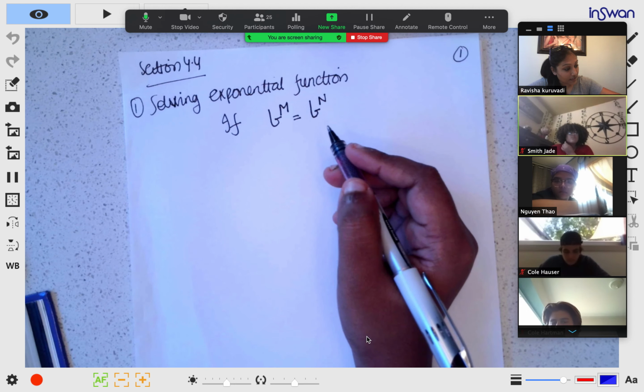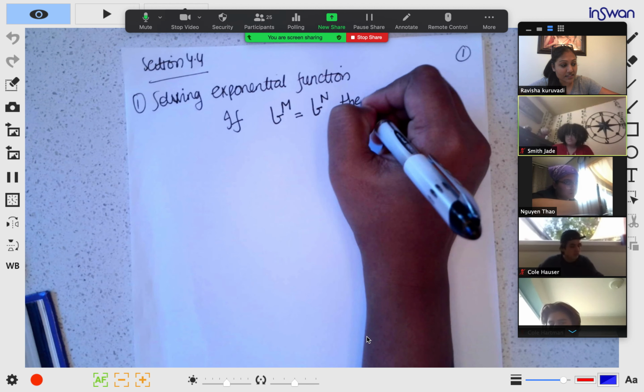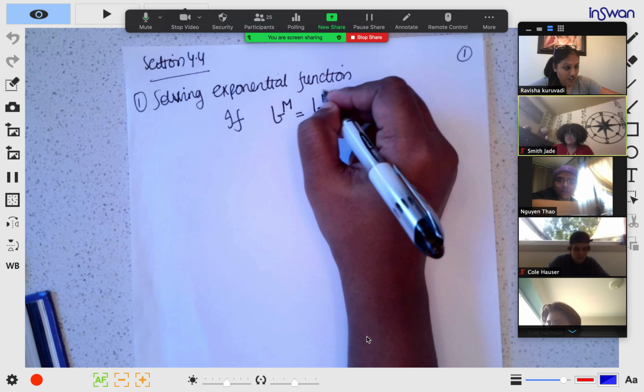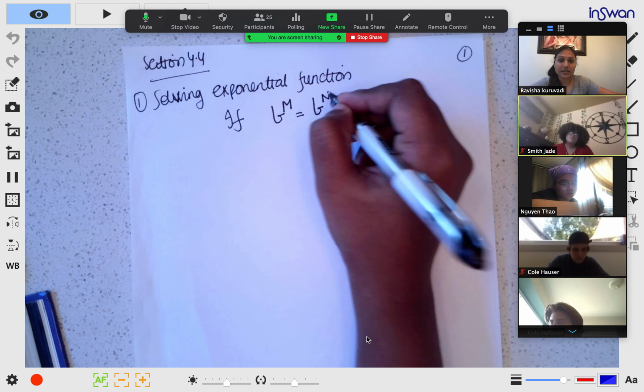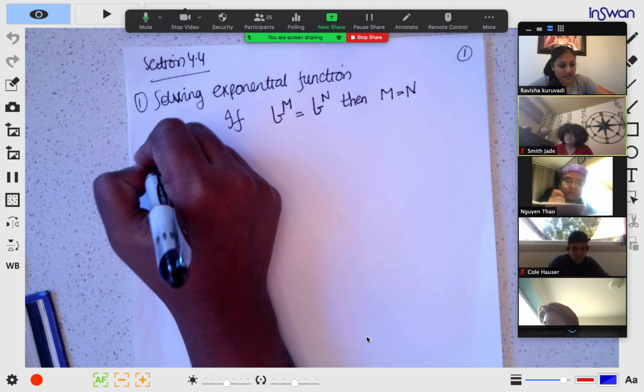Okay. Then if your base is the same and the powers are different, then m will be equal to n. You can basically cancel the bases and your m will be equal to n. So step 1. If you want to write the steps, it will be